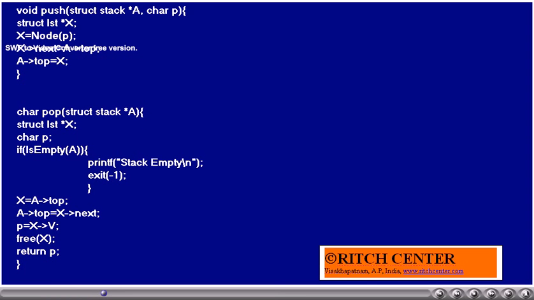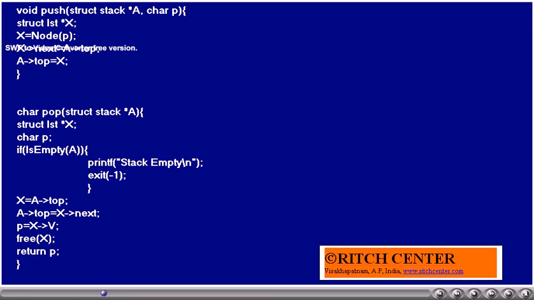The function push takes the address of a stack type of variable and a character which we wanted to insert into the stack. In the function, we have declared an LST type of pointer variable x. And then we call the function node, for which p we sent as an argument. That is the character which we wanted to maintain in the stack. Thus, node function creates an LST type of object and it returns the address of it.